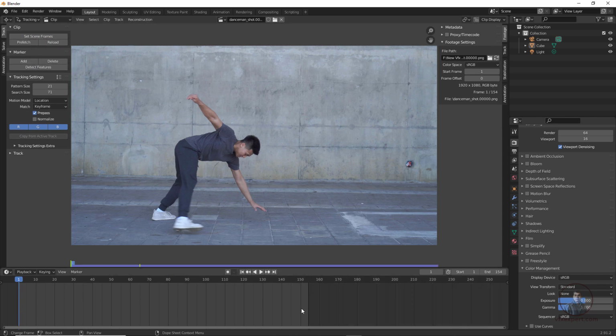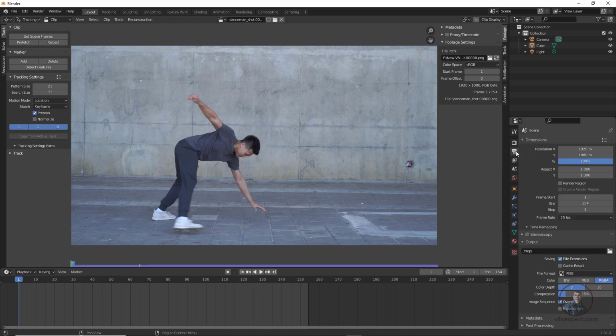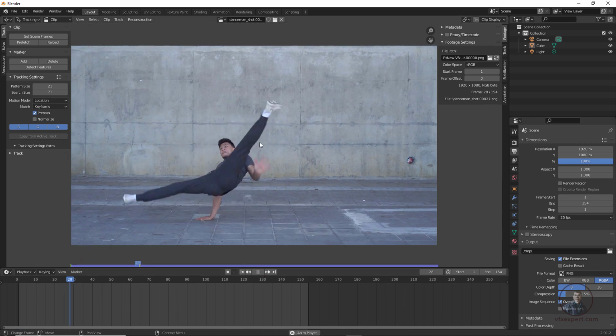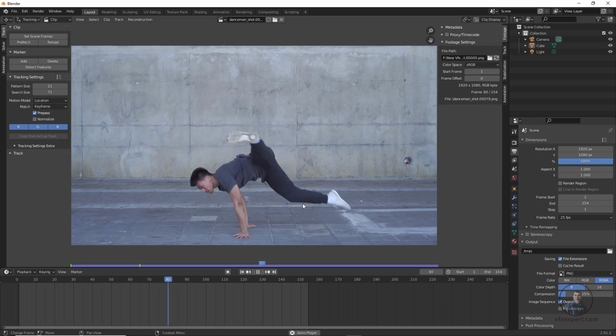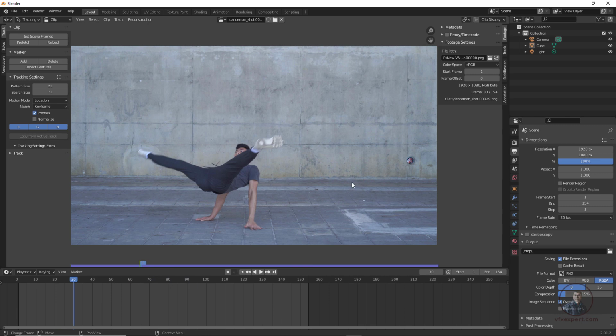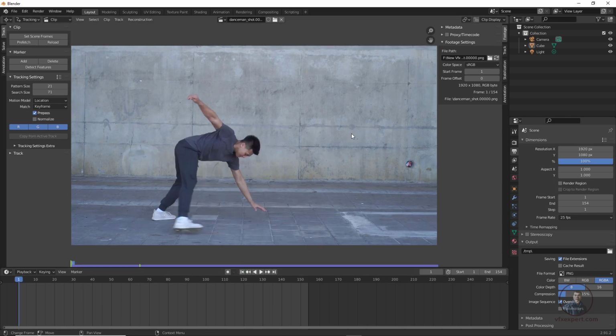Downside you can see, even in our output properties, this is our end frame, which is 154. Now just play and check. This is the footage we have to track. Any element we have to place here, there is no parallax here. So we are going to track this shot. Here we are going to start 1-point tracking.